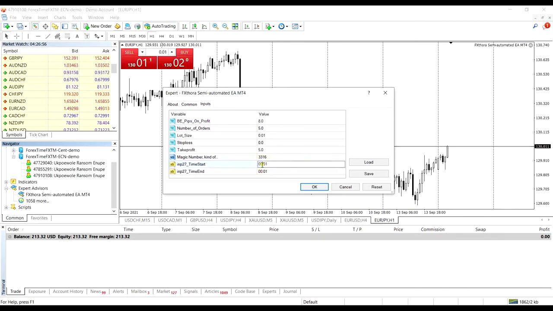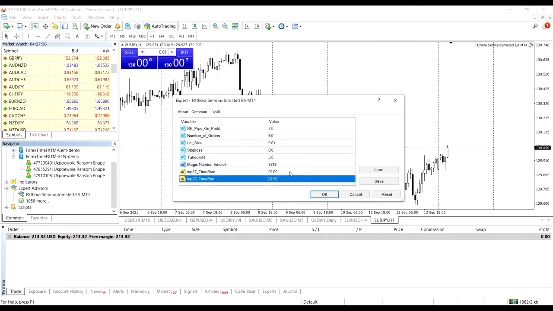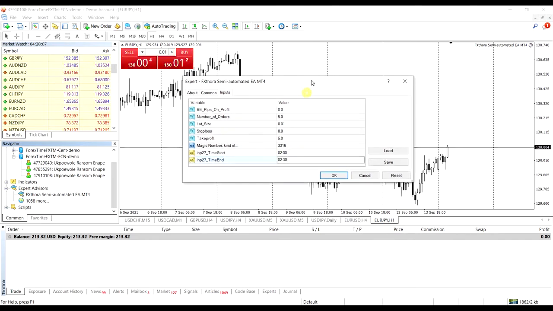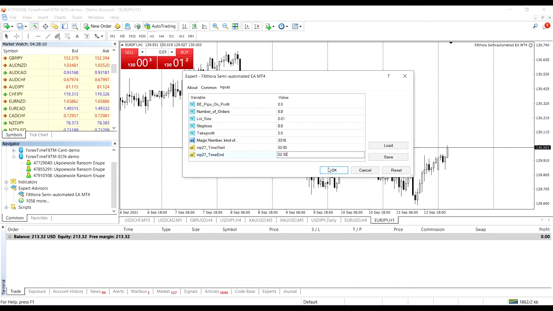So for this, I'm going to use 2 o'clock, that's 2 a.m. and for the end time, I'm going to use 2:30. So it's presently 2:27 a.m. in my location, and I want to be buying this market till 2:30. So in 3 minutes time, after I click OK, the EA will terminate and then send us our email report. So you can click OK,